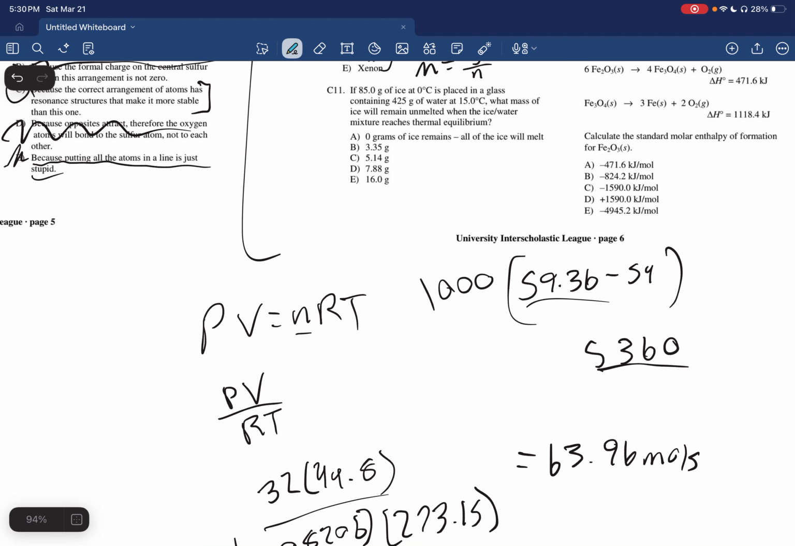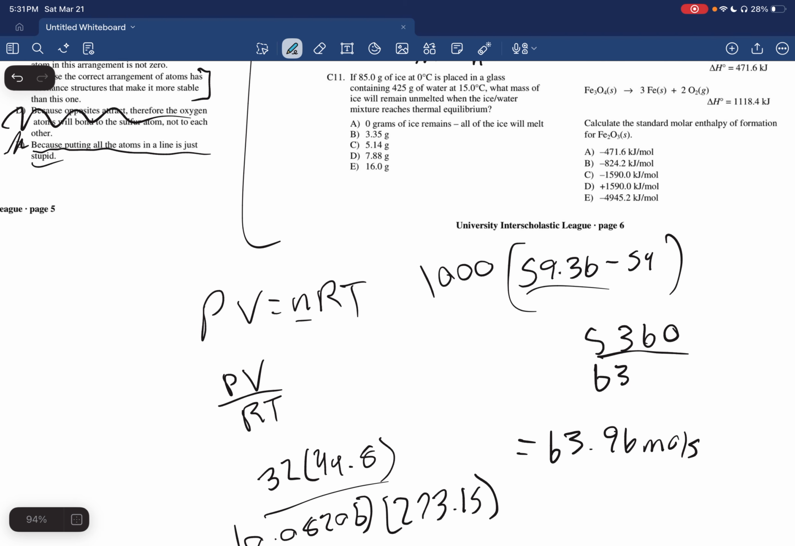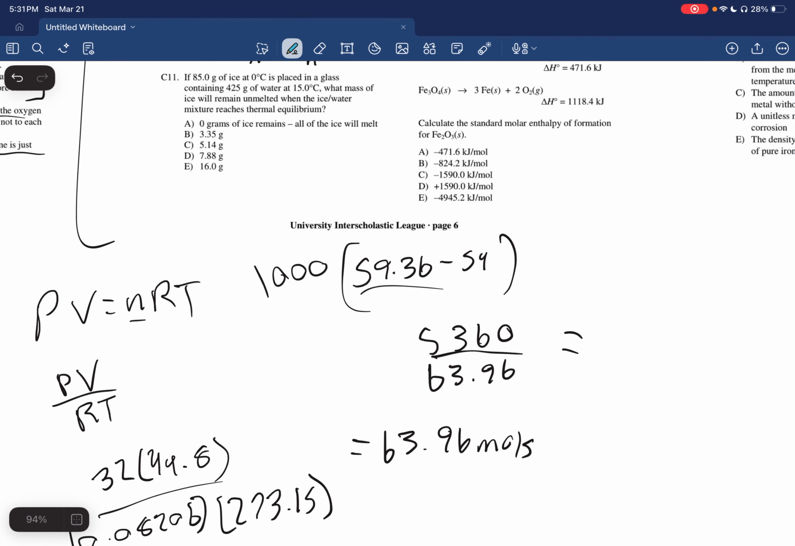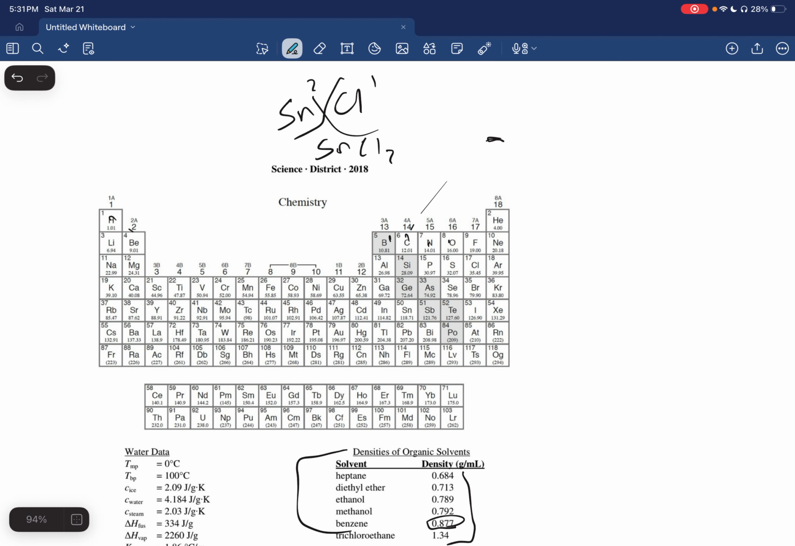5,360 grams. And we can divide that by our number of moles here. And that should give us our molar mass. And then we just need to go match that to an element on the periodic table. That gives us a molar mass of 83.8. And let's go see what's around